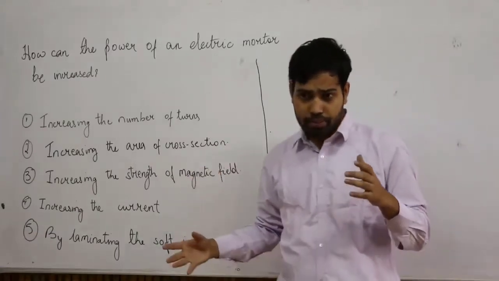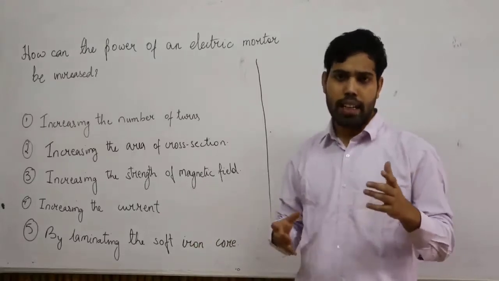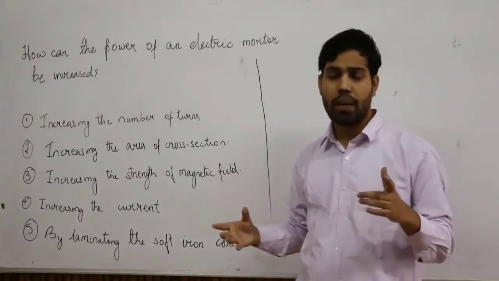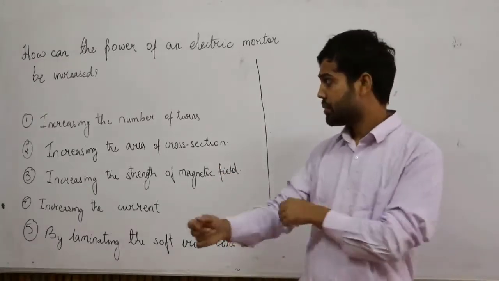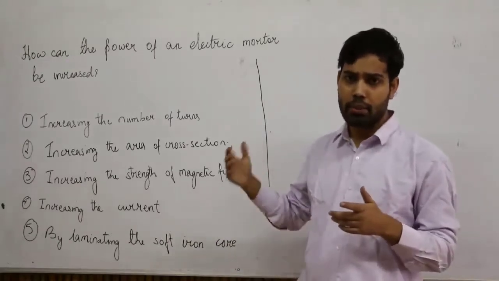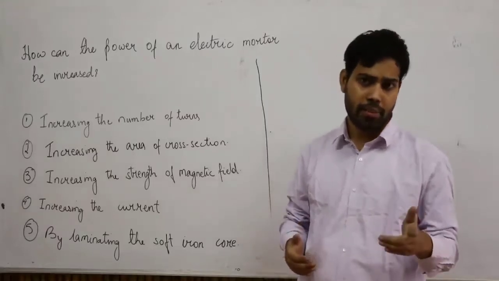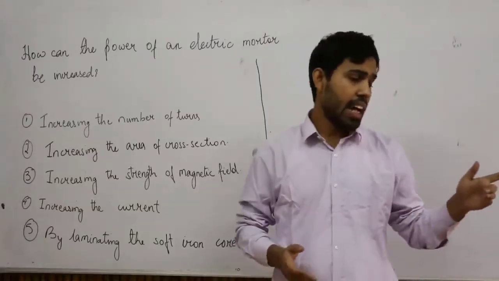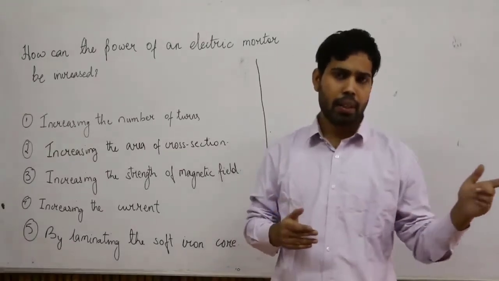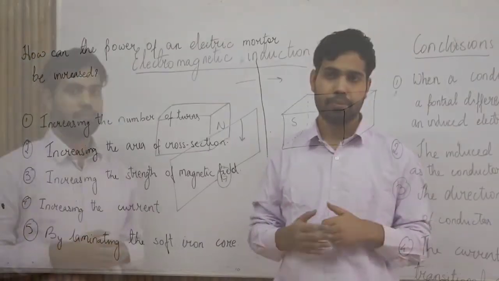So with this we have seen how a conductor behaves when it comes in a magnetic field. Then we have seen Fleming's left hand rule. We have seen how magnetism is used in medicines. We have seen the principle, construction and working of the electric motor. So in the next class we will be discussing magnetic induction, and we'll look at the working, construction and principle of the electric generator. After that we'll go to domestic circuits.